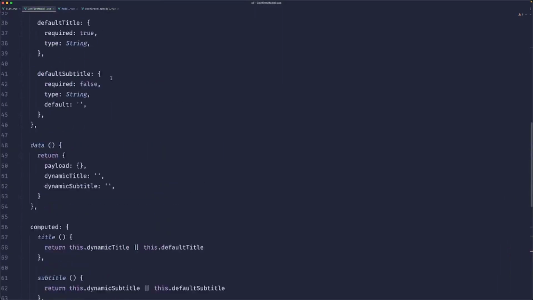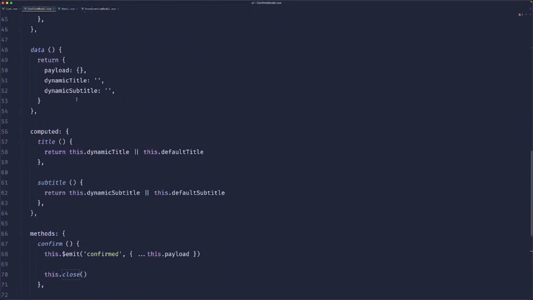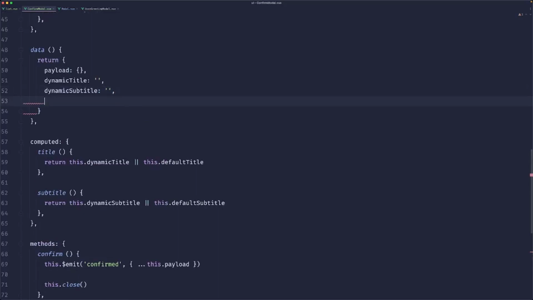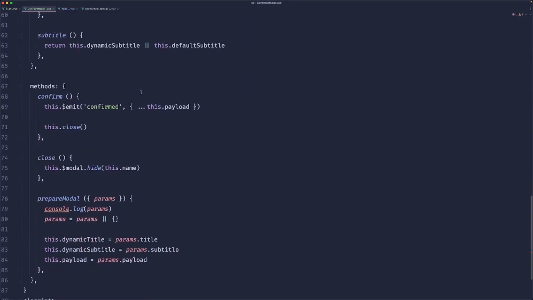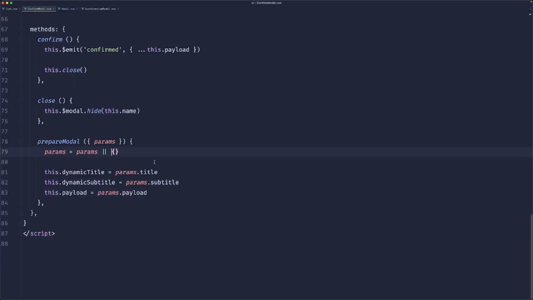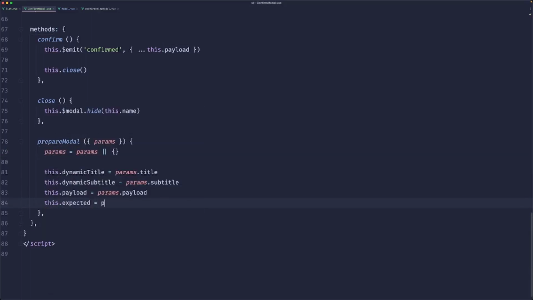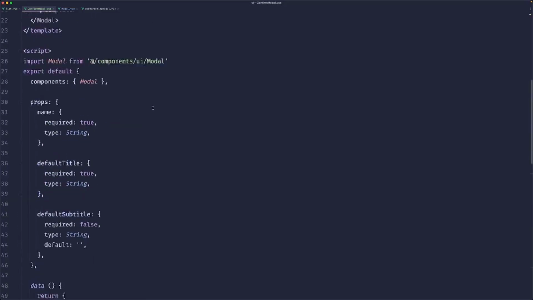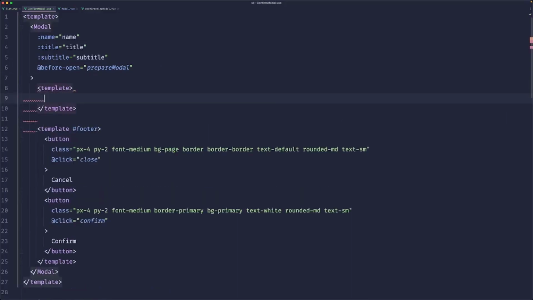And we can do this quite easily. So what we can do is create a new data, let's call it expected. And this would be accepted here in our dynamic section, because this would obviously change from one task to the other. So this.expected equals params.expected. All right, so here in our actual body, what we can do